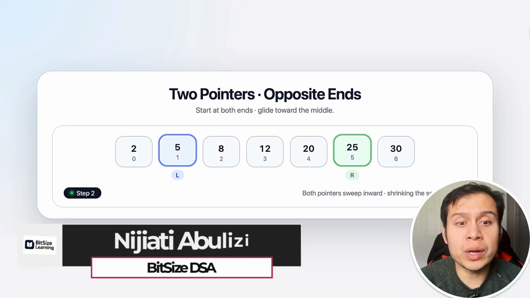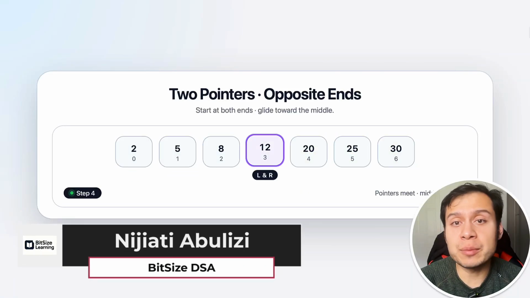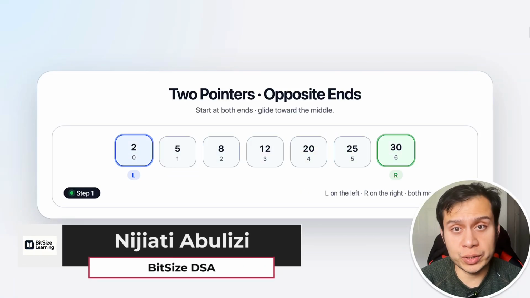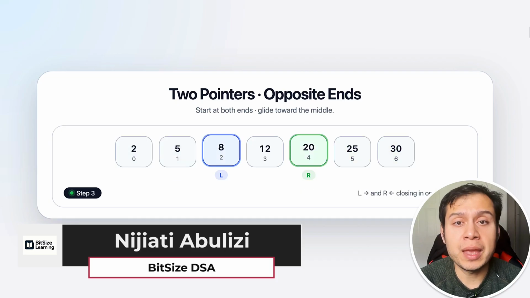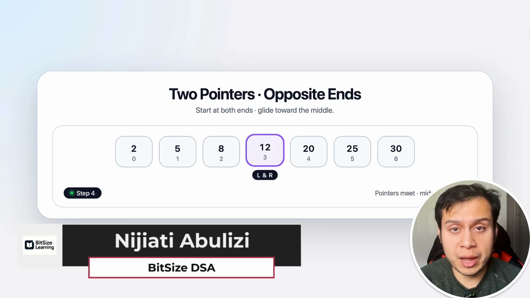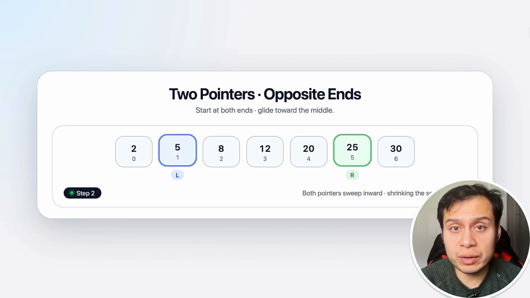There are 2 pointers, one on the left, one on the right. They start at both ends of an array and they move towards each other. At some point they meet. This pattern is called the 2 pointers pattern, and we can use this pattern to solve quite a few LeetCode